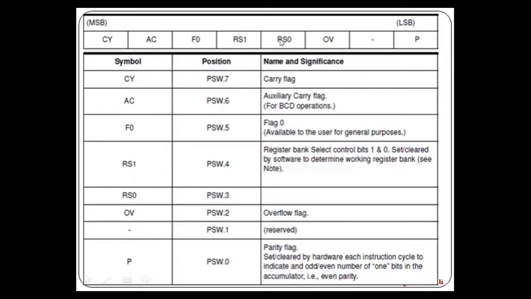For example, if I want to change the content of the flag register, I don't have to write the entire 8 bits. You can simply work with a single bit. So when you work with a single bit in some location or in some register, we call it bit addressable. So you can even address carry as PSW.7. Why 7? Because this is the 7th bit. See, parity is bit number 0, then this is 1, 2, 3, 4, 5, 6, 7. And which register is this? PSW. So this is PSW.7 and this is carry.